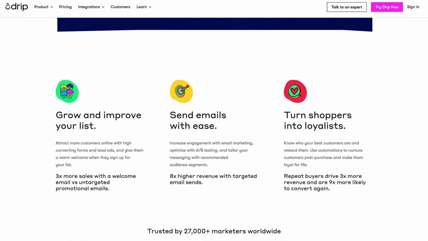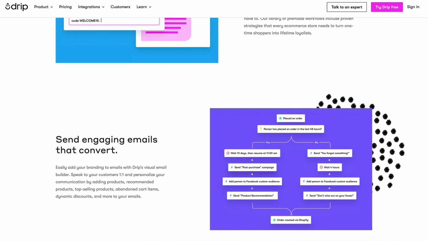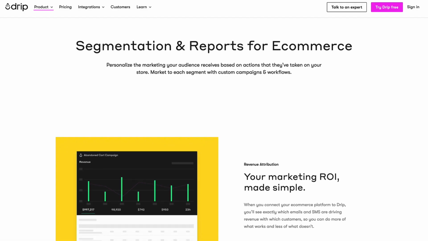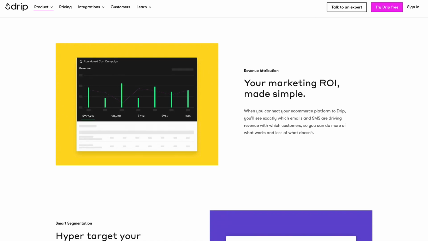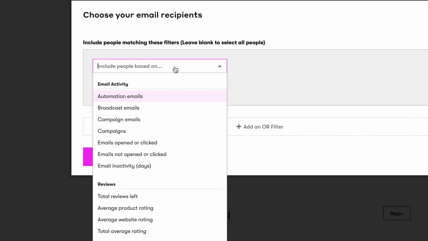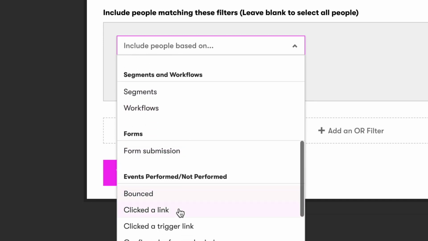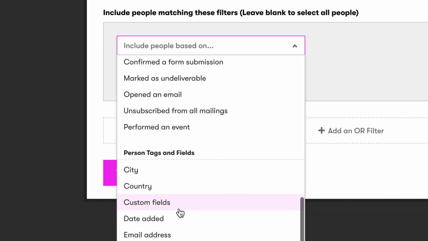I used to use ConvertKit in conjunction, but now I've consolidated into just one platform, that is Drip. The reason why I like Drip is because you can do more advanced tagging and segmentation of your email list. So if you want to segment your email lists based on a particular subject, topic, or interest, or even an action that someone has taken. So let's say they clicked a specific link in your email showing that they're interested in this type of topic, then you can segment those subscribers. Not to say that ConvertKit can't do that, but I feel Drip has more flexibility and options to do even more segmentation and advanced things like that.